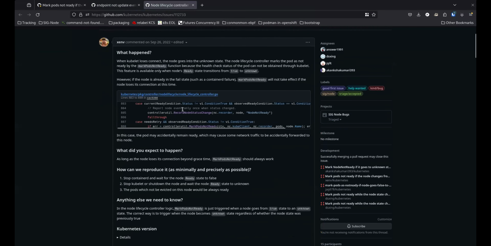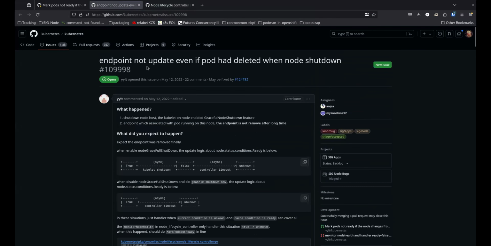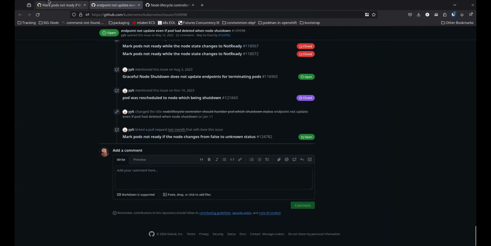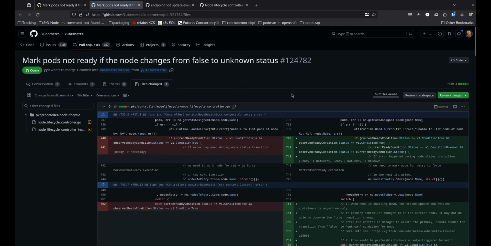Yeah, that does seem like it should. It does seem like unknown state should mark it as not ready. Not ready, or it's unknown, and